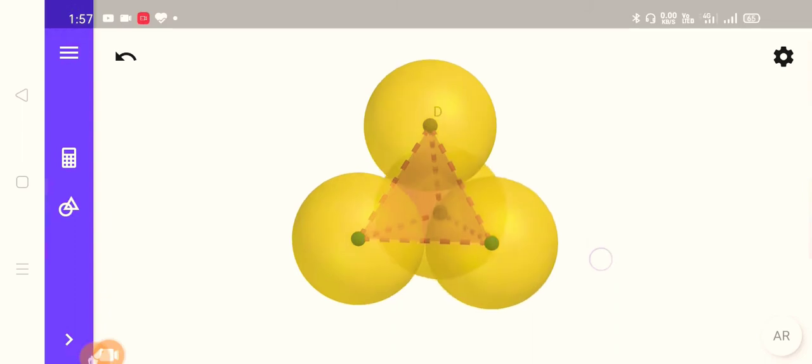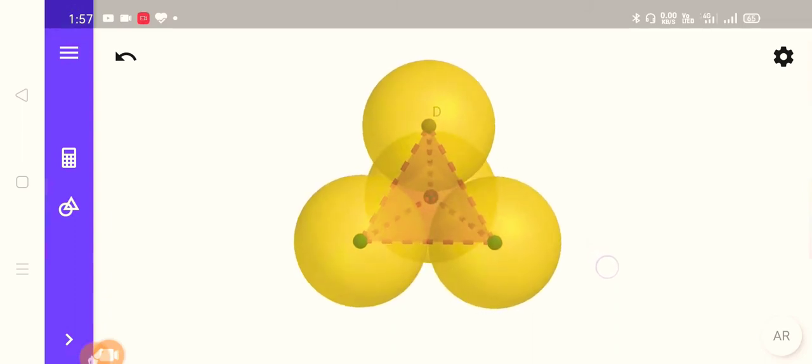Similarly, you can compare the textbook shape of a tetrahedron with this image. The dotted line represents the tetrahedral shape between these spheres. Now you can match the image in the textbook in figure 1.21 with the one mentioned here. You can see the tetrahedron shape in the textbook and the one created between these spheres are exactly the same.